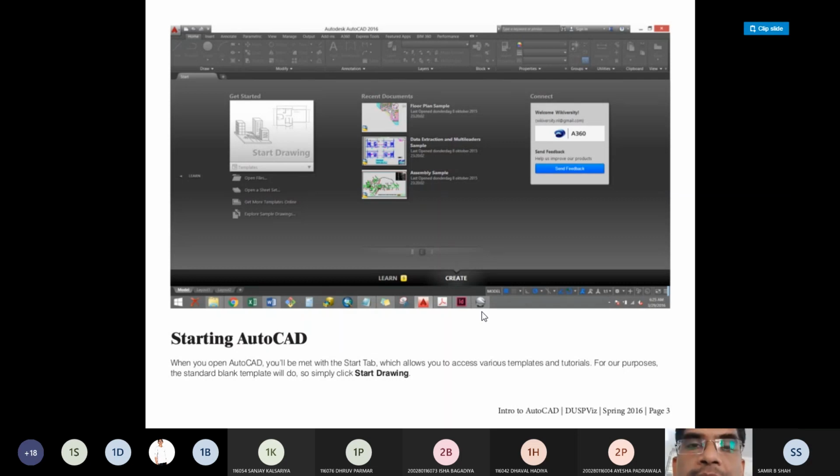In the current lecture, we discuss the basic AutoCAD commands and how to draw basic things in 2D and 3D.